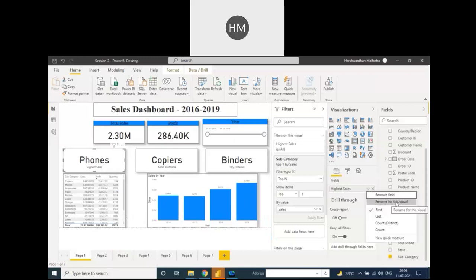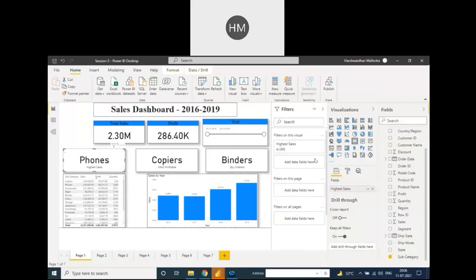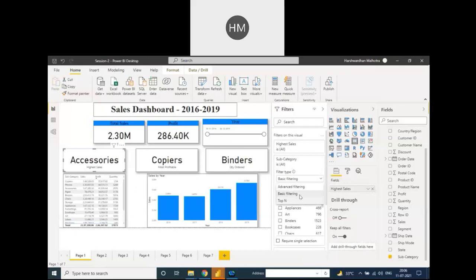Subcategory is dragged and dropped into the field area. After that we choose the top N, because we need the one highest sales by subcategory, so top one on the basis of sales. We drag by value and apply the filter.